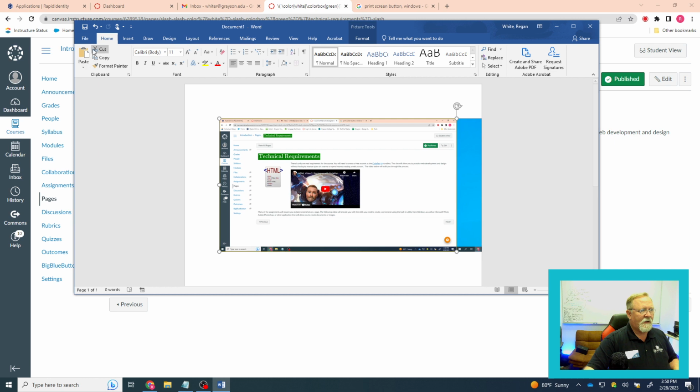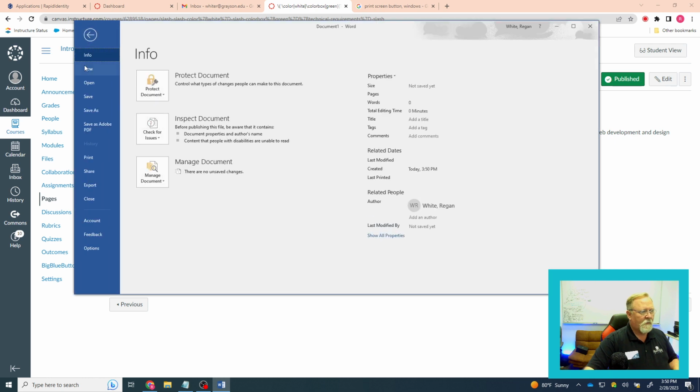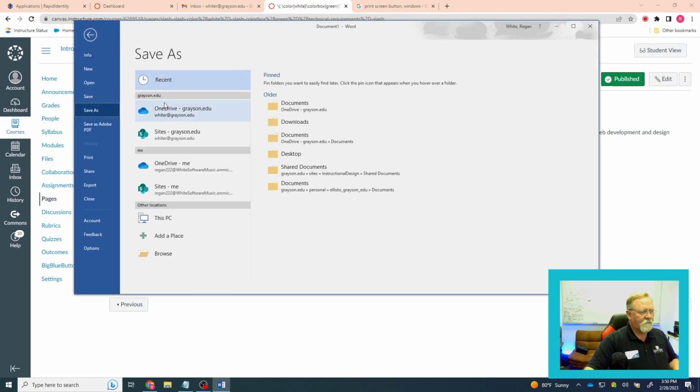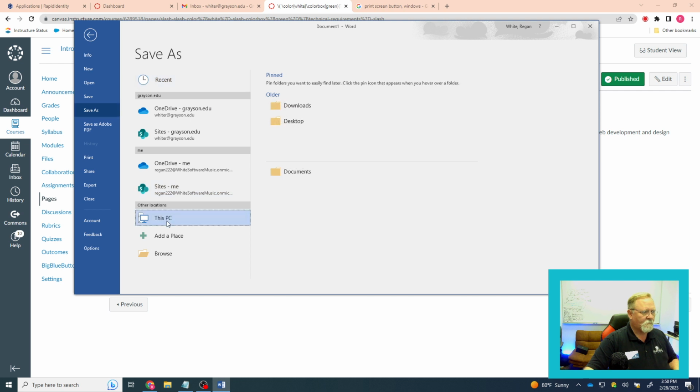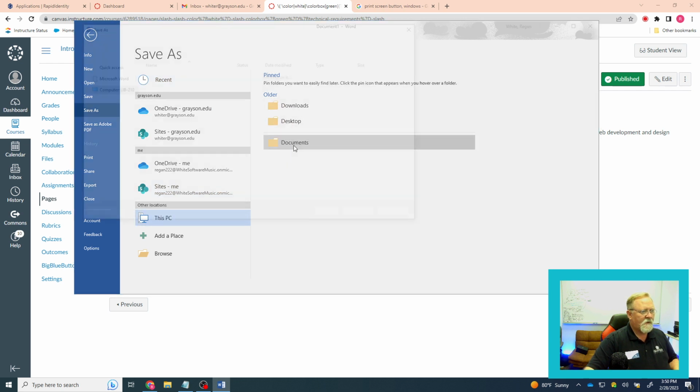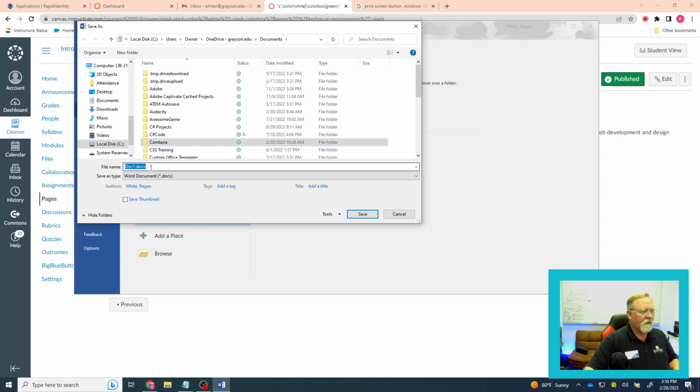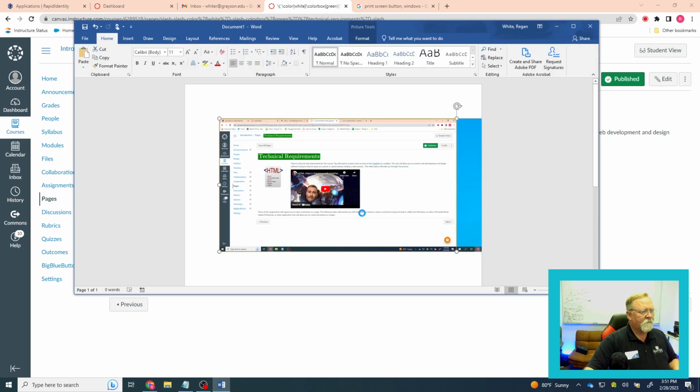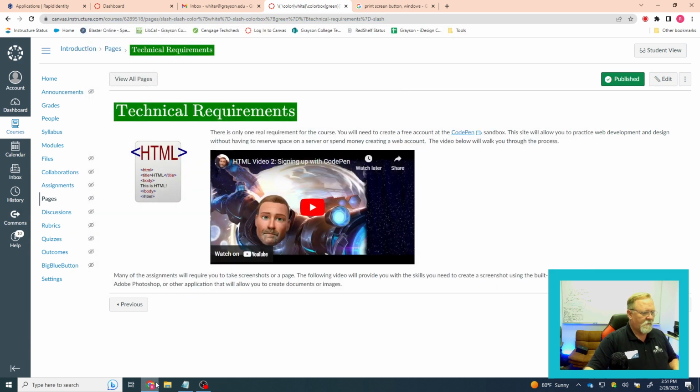Once you've got that done, file save, and give it a name. I'm going to save it in Documents, and we're going to call it Test, and hit Save, and now I have that document saved. Once you've gotten this saved,